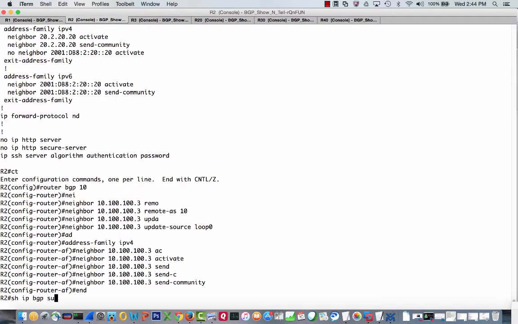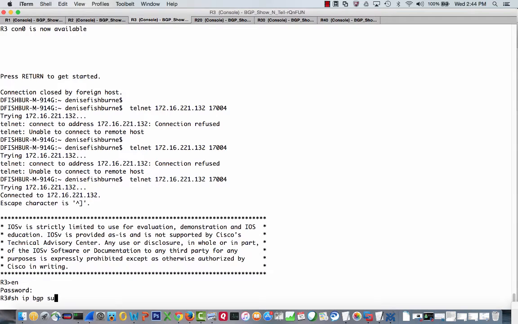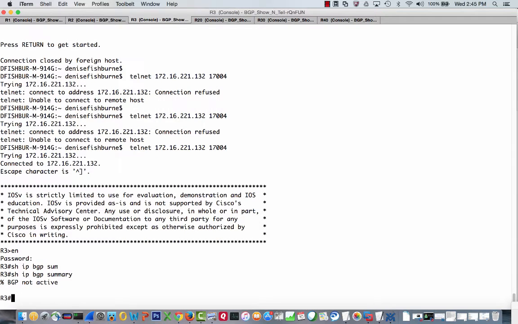So show ip bgp summary. We're actually iBGP peered, so we are Autonomous System 10, and we're peering with Autonomous System 10. We did not have to say we are iBGP or eBGP; the code can figure it out. We're going between the same two autonomous systems, so we are internal BGP, or iBGP. We're not up, but we also know why, because R3 has not been configured yet,